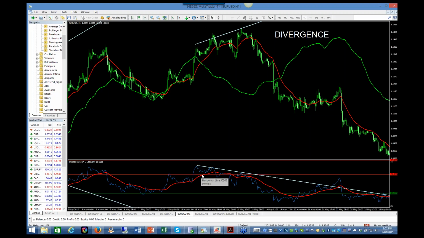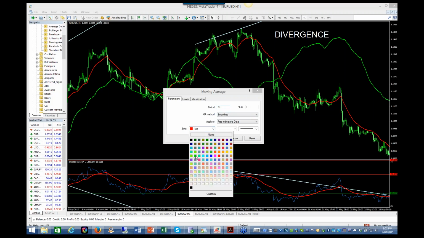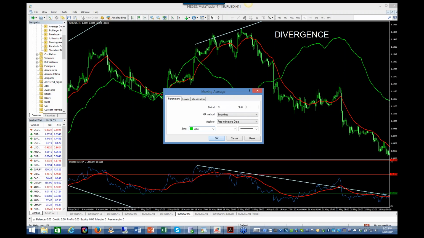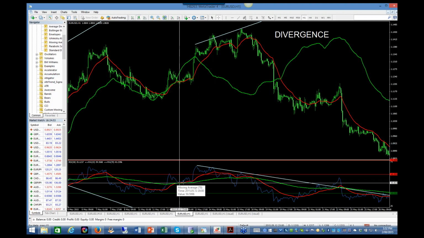OK. And here we have our red moving average of RSI. If I then go back to my navigator panel in the top left, take my moving average and drag it down here again, and again apply it to the first indicator's window. I found out by optimizing period 70 for a smooth. We'll make that the slow and make that green. Click OK. And now what we find is that you can see how the moving averages, because I have a